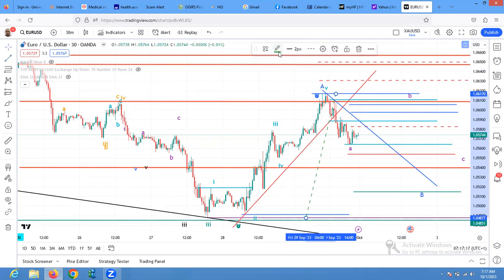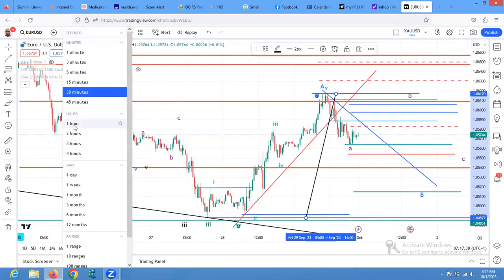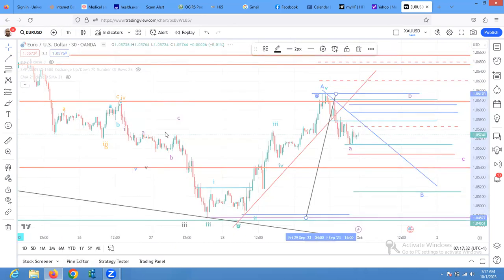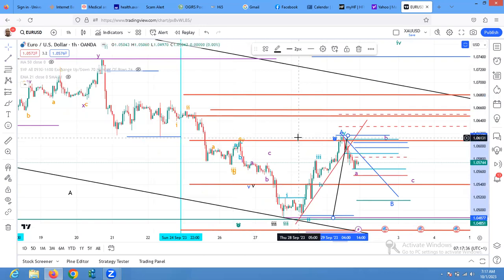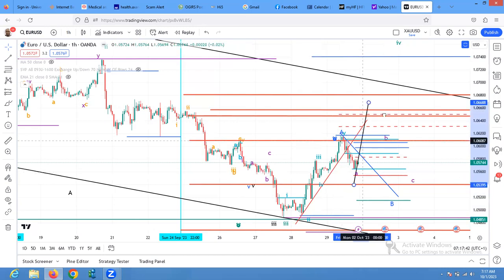Let me use black on that. Now, assume we expect price to make a 100% extension and to get to this area. If you put this here,